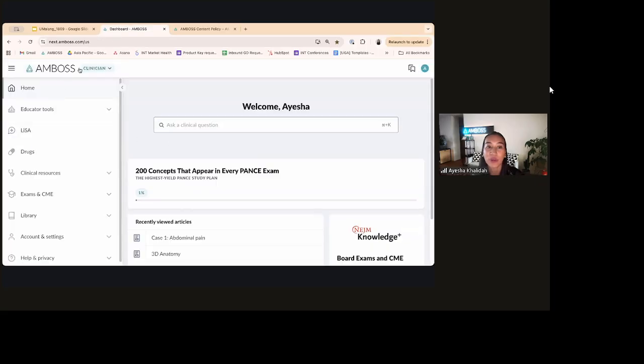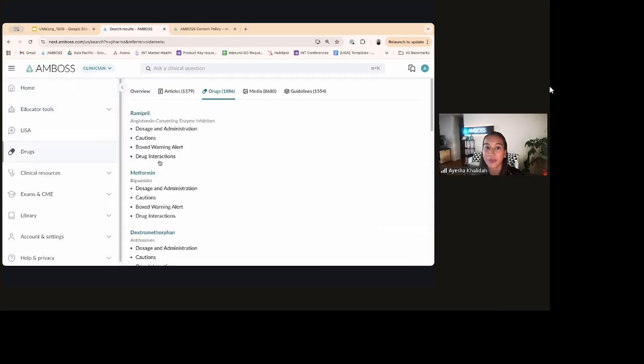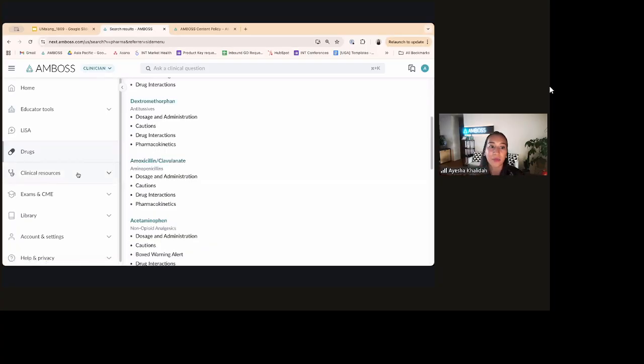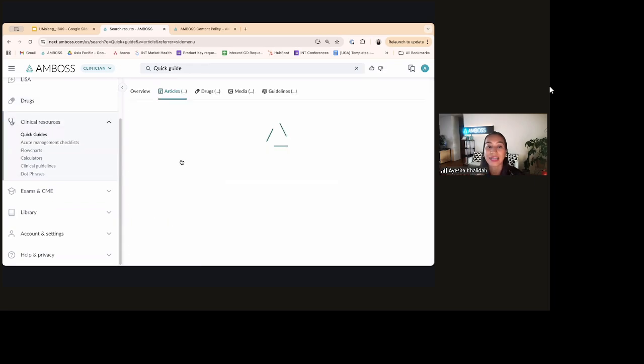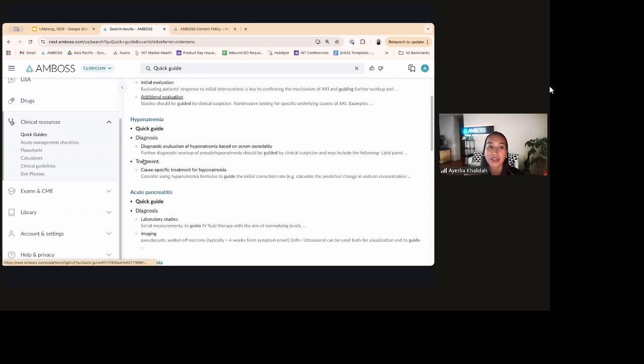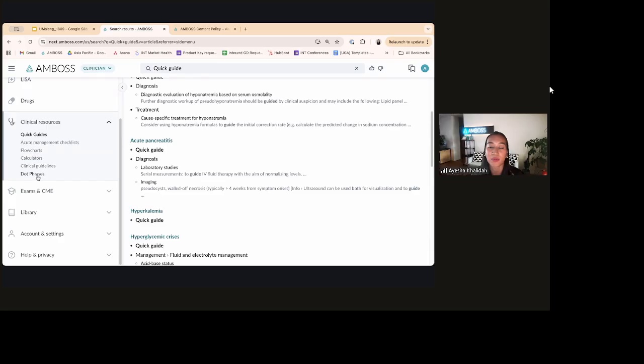So you can see that with clinician mode, it looks a bit different. You have a separate sidebar on just drugs itself, because that is what the majority of your day-to-day work will revolve around. You have more clinical resources where you have quick guides and checklists for how to manage a patient. So these are definitely a lot more relevant for those who are already in their intern year,